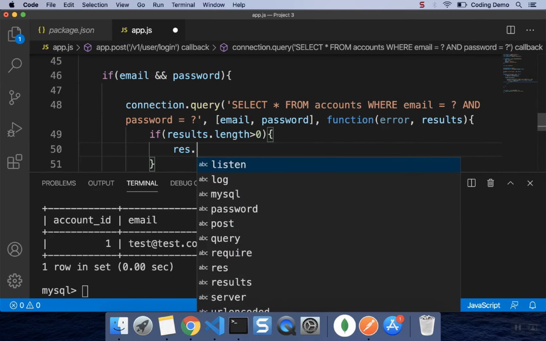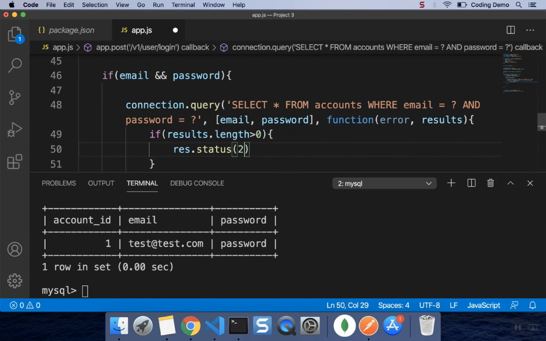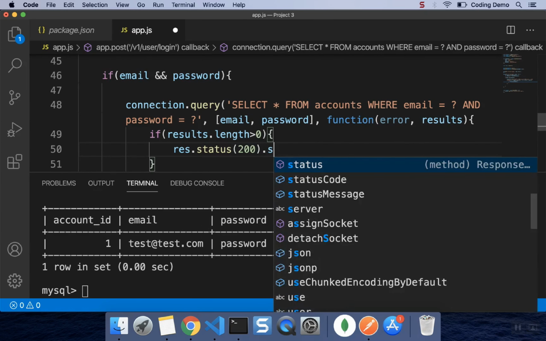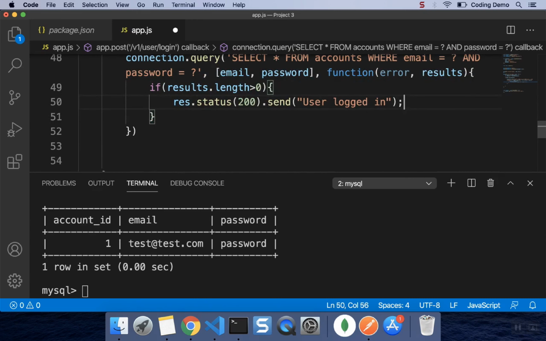So we'll say response.status of 200, send user logged in. Okay, else we are going to send incorrect email and or password. So we'll say else response.send,